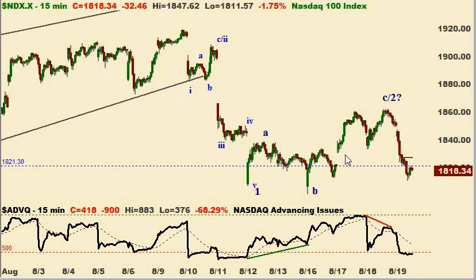Some folks will notice that there's a possible overlap here, but if you count one as up to here and then this decline as an expanding flat, that eliminates the overlap. And again, a nice clean 5 up for possibly C of 2. A breakout above those highs, the recent highs, negates this count and probably means that we're in a larger wave 2, or possibly, as I've noted before, actually continuing with the B wave